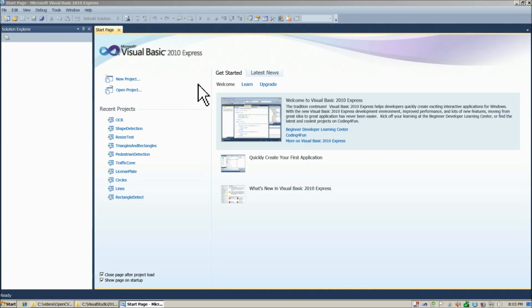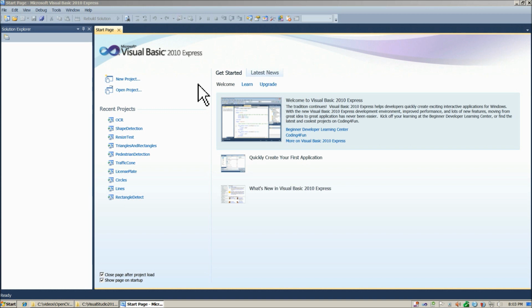Alrighty, so we've gone ahead and started Visual Basic. So I think the best way to do this today is we're going to start our project, then we're going to establish our references like usual, and then let's go ahead and fast forward while we put the components on the form. Then we'll slow down while we start each of the functions, and then we'll go ahead and fast